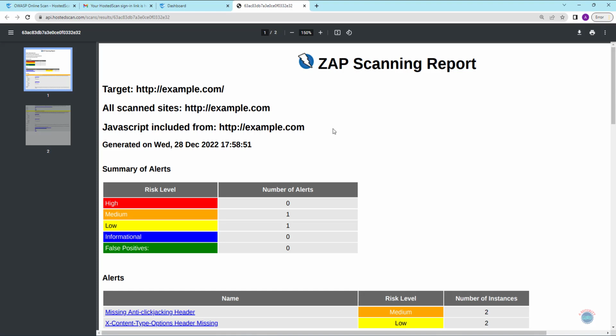We used ZAP for running the DAST scan. The same scan can be performed by running Burp as well, which is an on-premise or desktop version application. We can also download ZAP on our Windows machine and then run the scan. The only benefit here is that this was platform independent and we could run the scan directly from the cloud. So in the upcoming lectures, we will also integrate